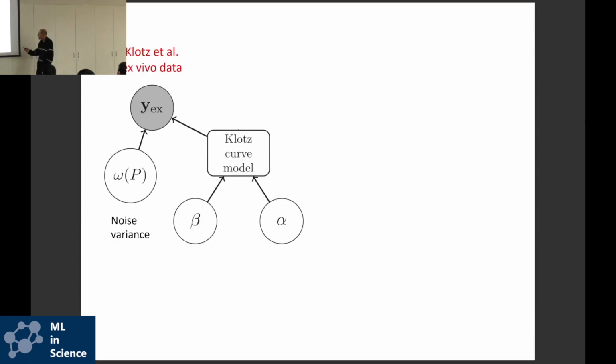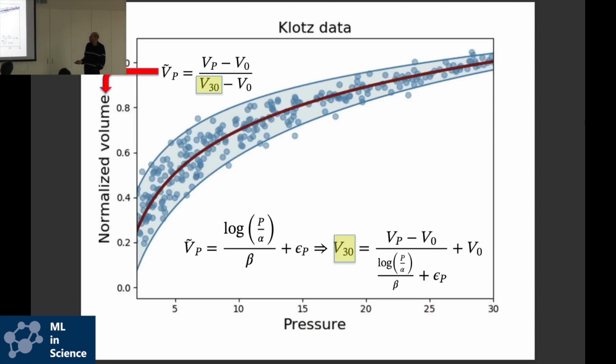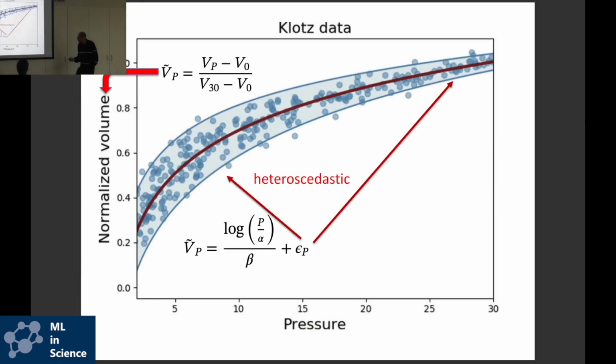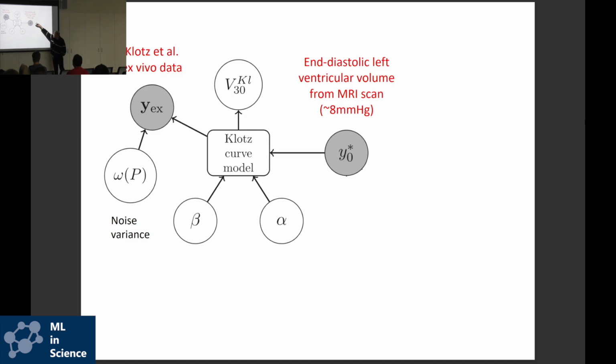We have now the Klotz curve behavior, that is the empirical finding in the paper, just converting it from an exponential to a log by changing the axis. We have dependence on two parameters, alpha and beta, and then we've got the noise here. Okay, now if you put a volume at a given pressure, insert that into your model and solve for V30, then you can predict the volume at 30 millimeter mercury. And that's what we do here. We take the volume at 8 millimeter mercury, that is the blood pressure of a healthy volunteer, and then we can predict the volume at the target level,